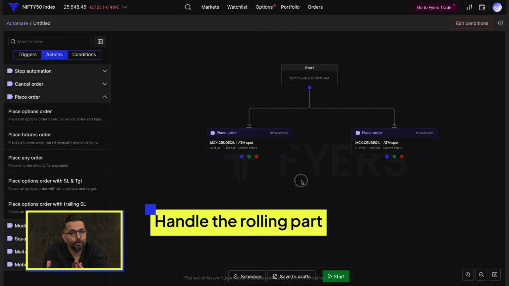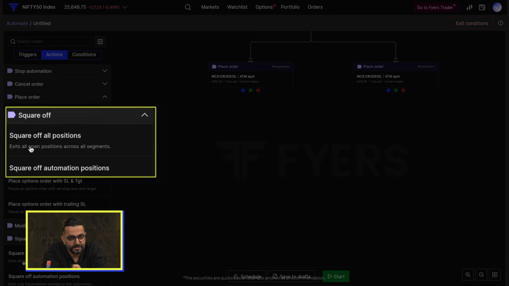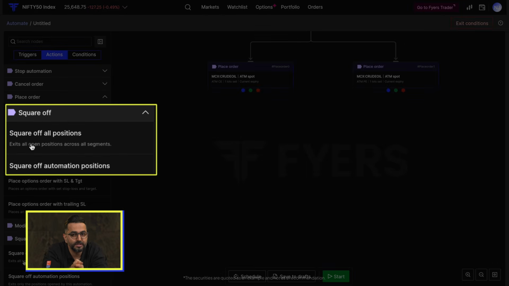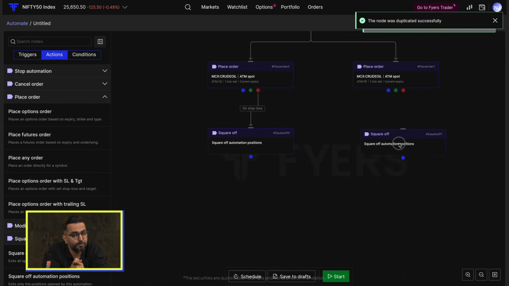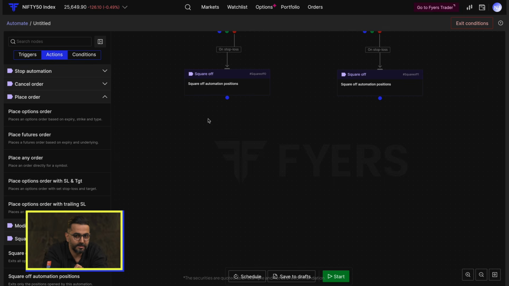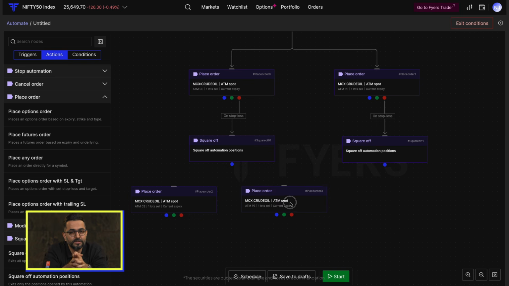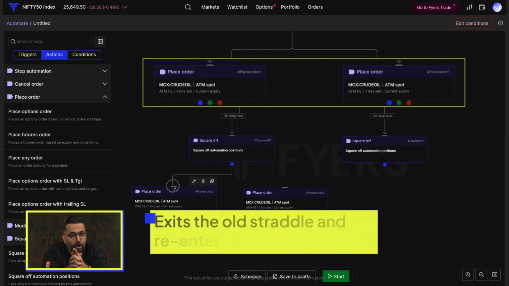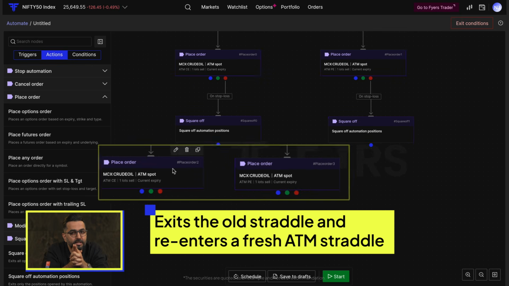Next, we'll handle the rolling part. When the stop loss hits on either leg, we want to exit both positions and re-enter the at the money straddle again. So we'll add a square off block to close both legs, and right after that, add the same 2 place orders of at the money straddle with stop loss. So whenever a stop loss hits, Automate exits the old straddle and re-enters a fresh at the money straddle based